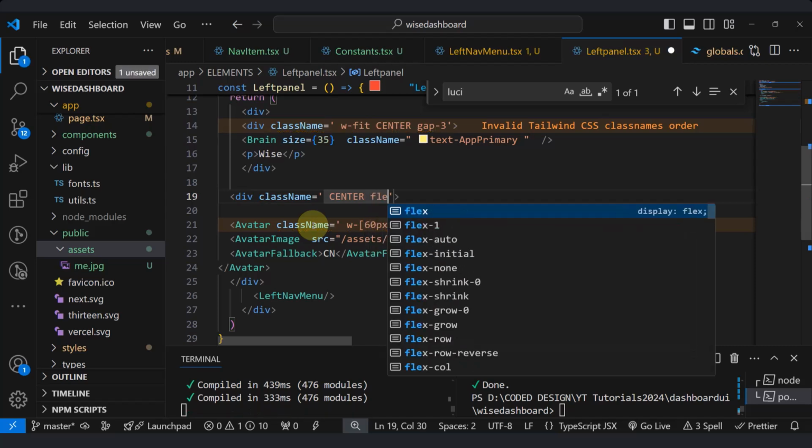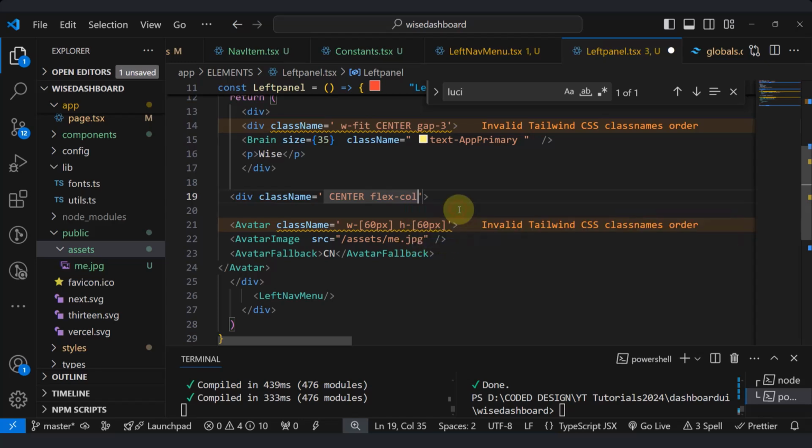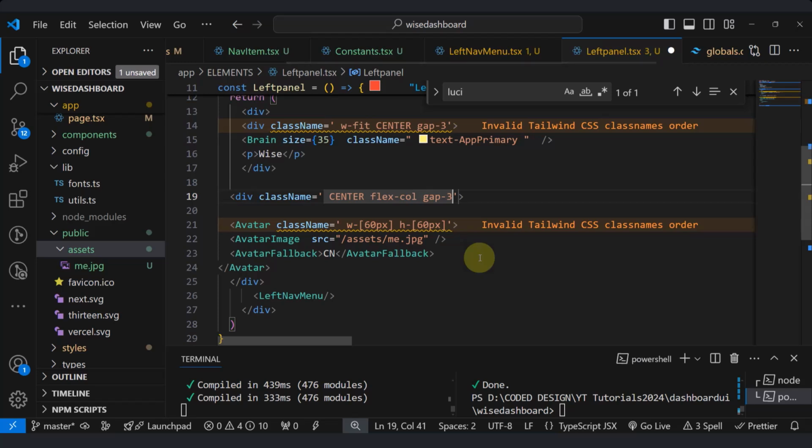Okay, we want to flex this column, and we want a gap of, let's say, a gap of 3, and then this avatar needs to be in the same parent with a p tag, which is, let's just say Matthew